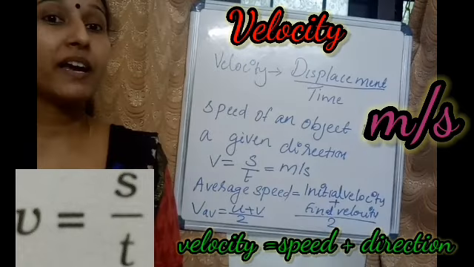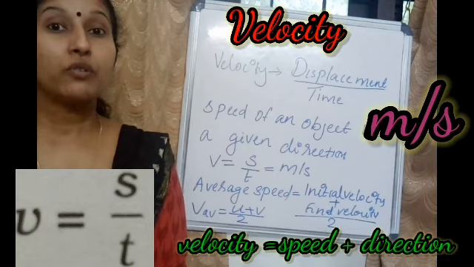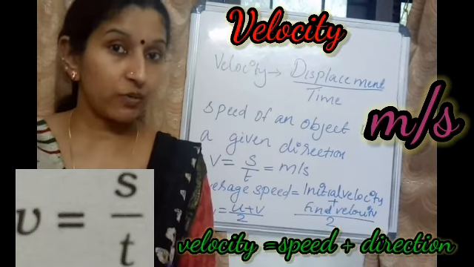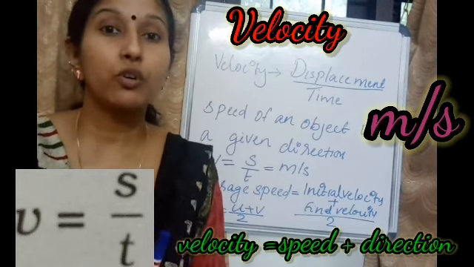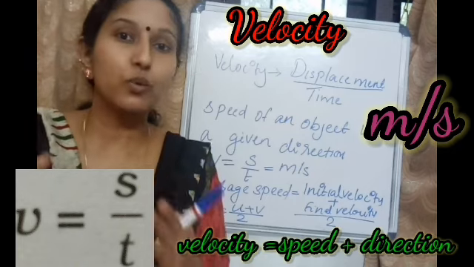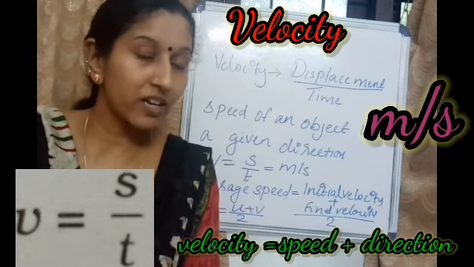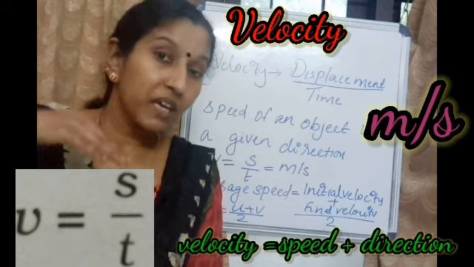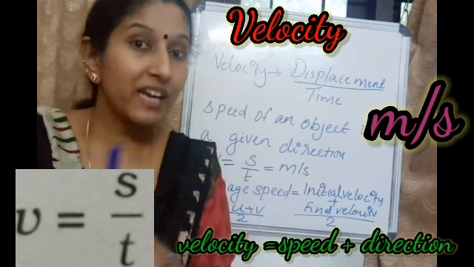And how to find the average velocity? In order to find the average velocity, we have an equation. Suppose we consider a journey, when we start the scooter. Before starting, that object was at rest. Why? Because a scooter at rest does not move its position, right? Or it does not change the position, right? So the velocity at the beginning is u, and when we stop the scooter you will get the final velocity.